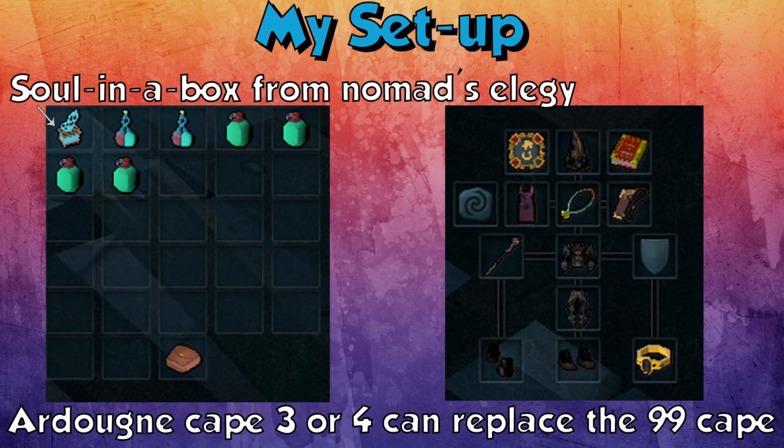As for my setup, I have a soul in a box from Nomad's Elegy quest. Once you've done Nomad's Elegy, you can make a soul in a box at 27 invention, and I'll go into that in the next bit. I also take 2 super prayer renewals and 4 prayer flasks. These potions are all you need for an hour of thieving, and you should have some of your prayer flasks